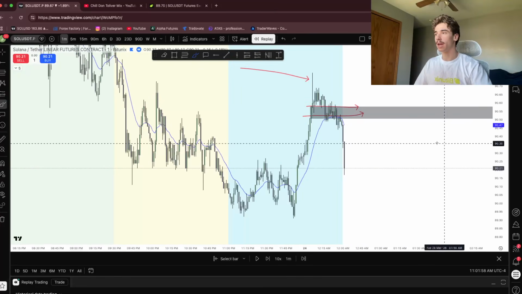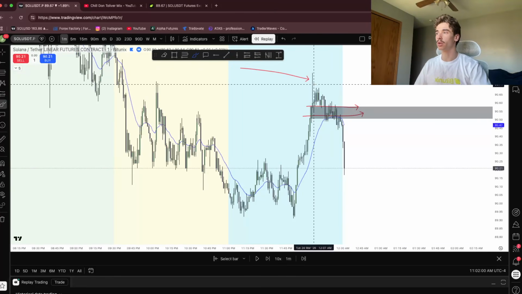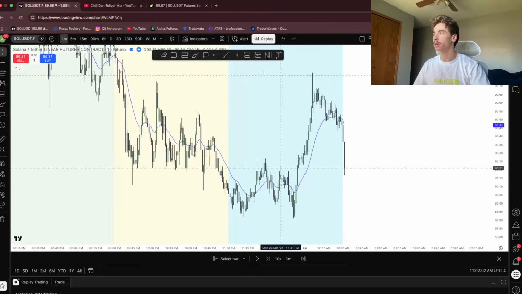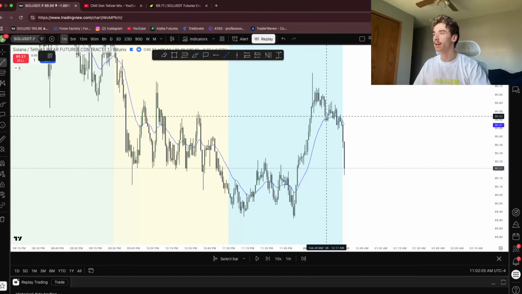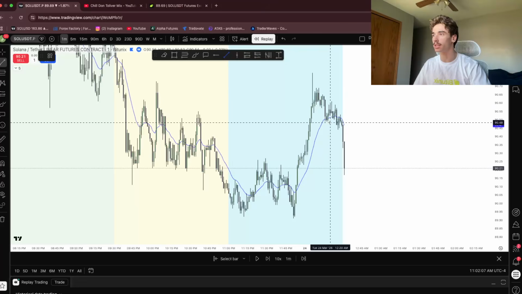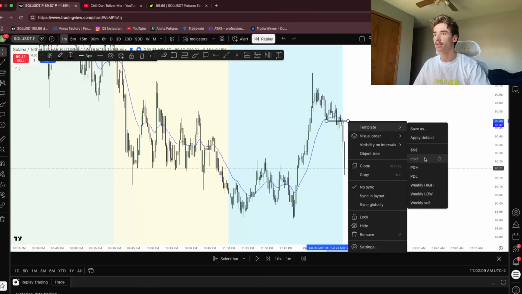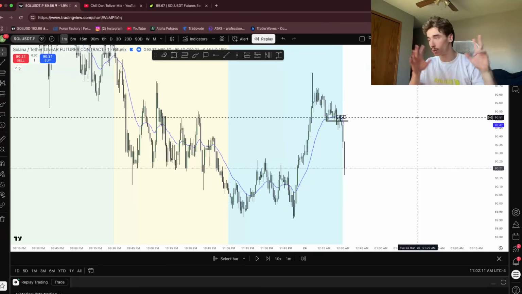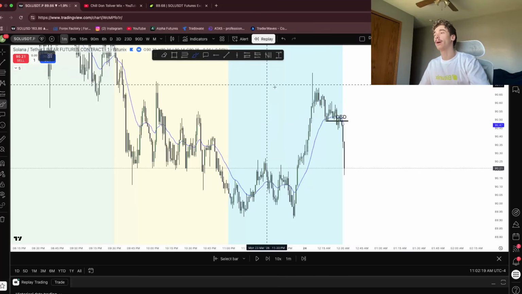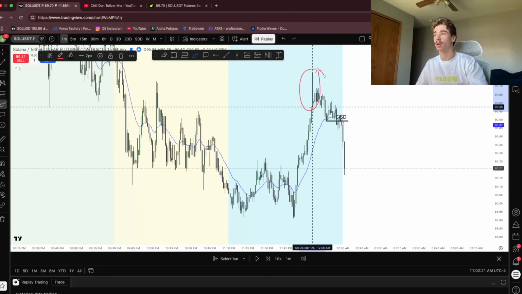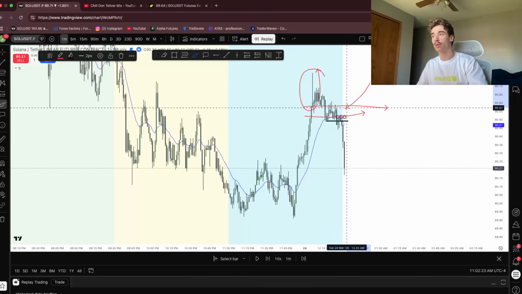So I see that we have our IFVG. I see that we have our liquidity sweep. Right, and then if I really zoom in here, you can identify the fact that we have our change in state of delivery here, or your break of structure or your change of character or whatever. But all we're identifying is that structure is shifting, right? Buyers were in control, now they're failing. How I can indicate that is with this wick, with this inversion, and with your break of structure,